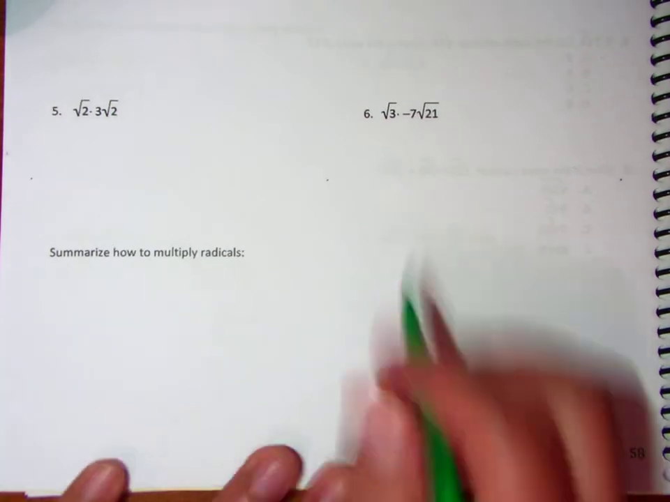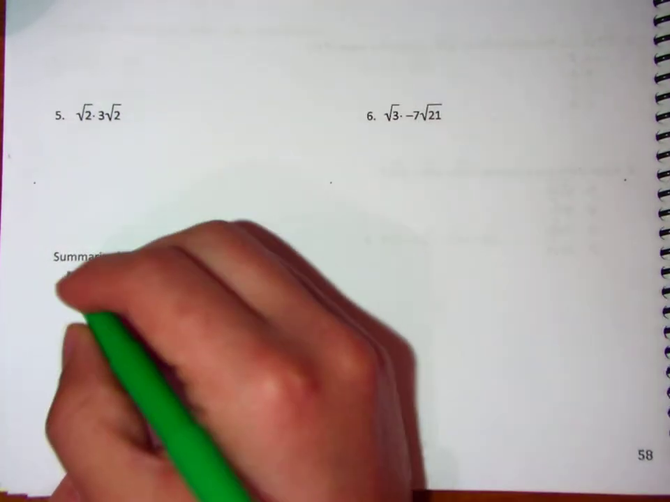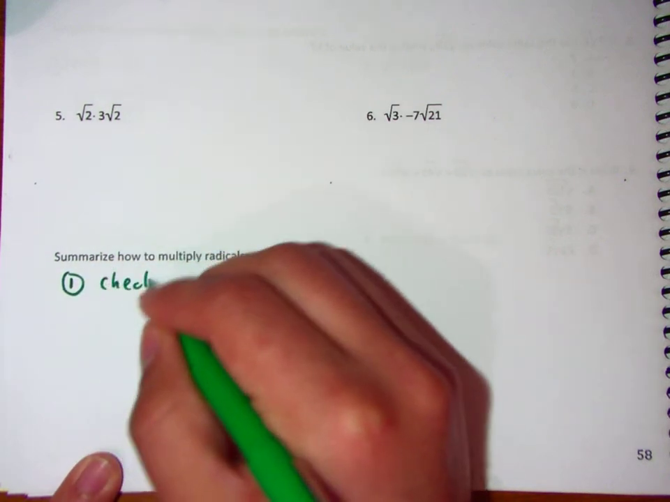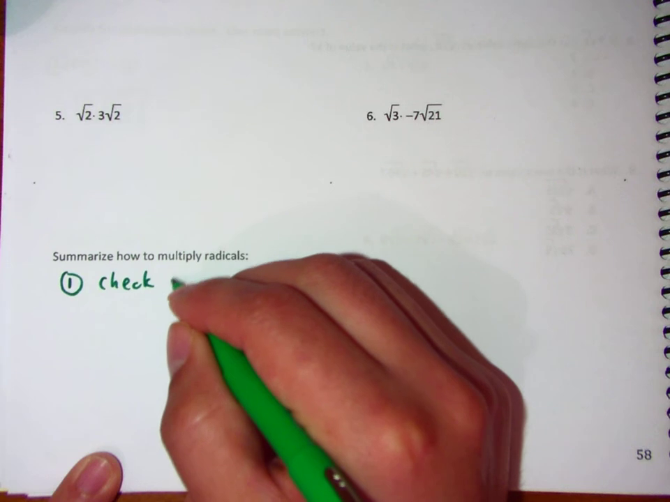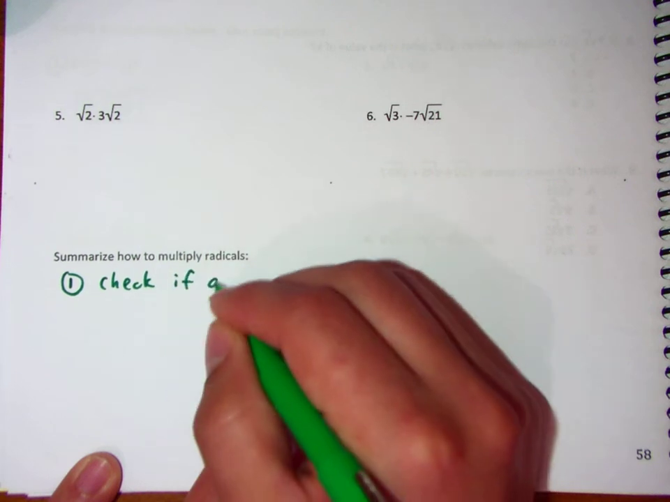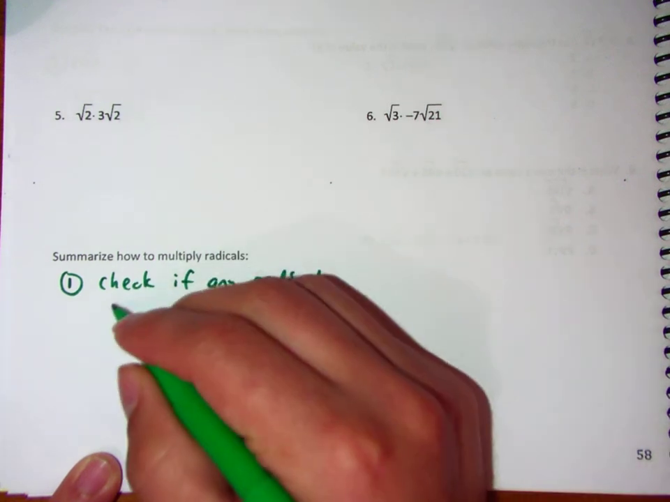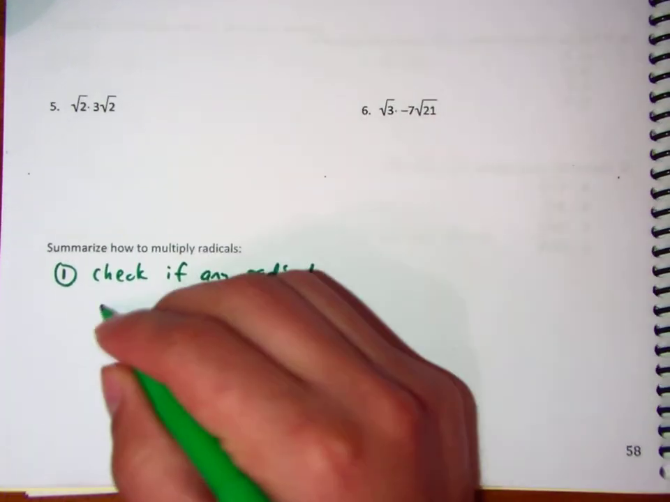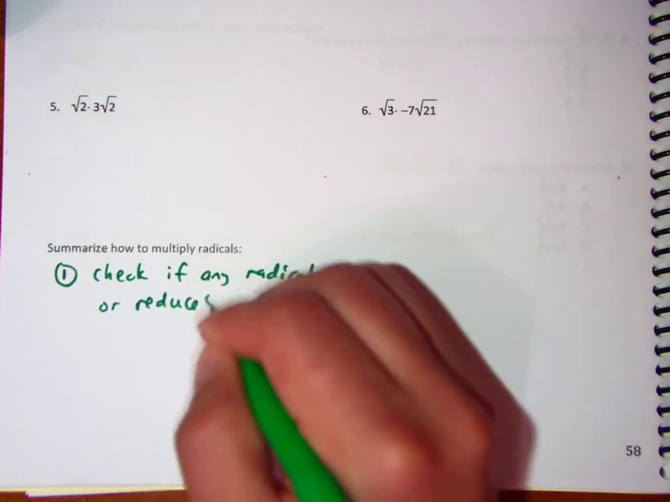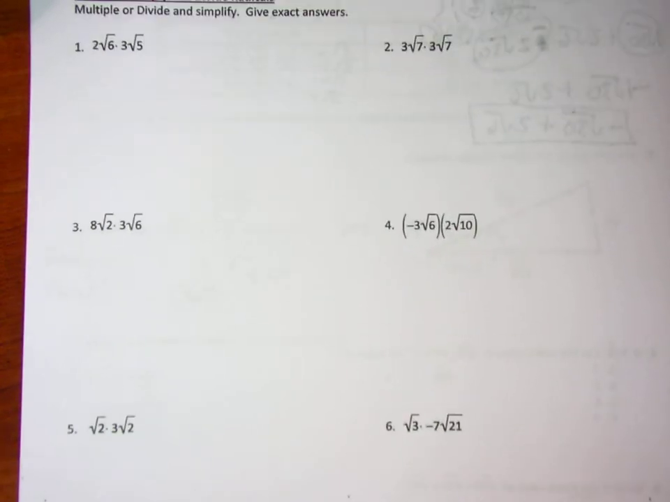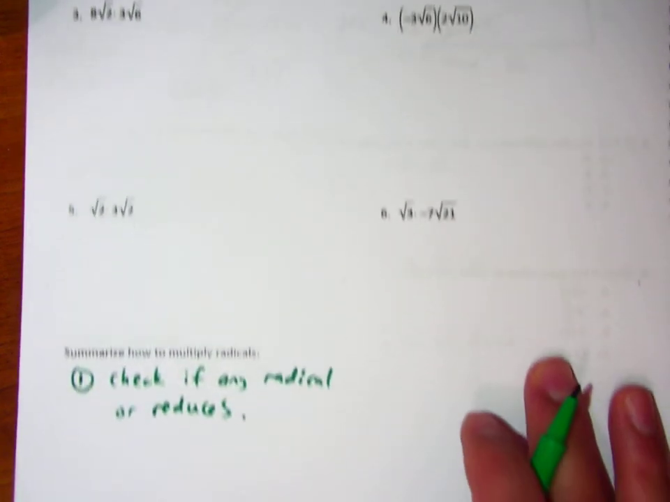Okay, so when multiplying radicals, my advice, first of all, is to check if any radical breaks down or reduces first. For example, just scanning this real quick, I don't see any that are obvious, okay? What I mean is,